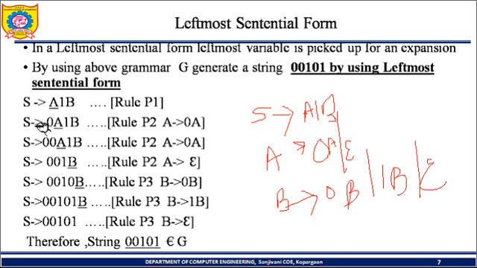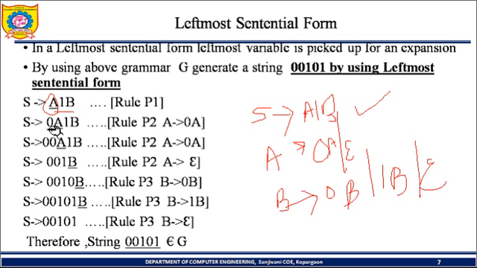So here, firstly, I am going to use the starting variable symbol rules, because every time while generating grammar, we should consider the starting variable. So S tends to A1B. Now we need to pick up the leftmost variable. Only two variables are there in this production, A and B. One is a terminal, which we cannot replace, but A and B are variables and those we can replace. We need to pick up the leftmost variable. So here you can see A is the leftmost, so we need to start generation of the string from the leftmost variable